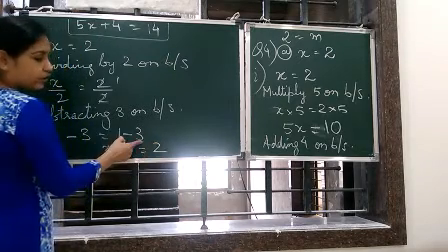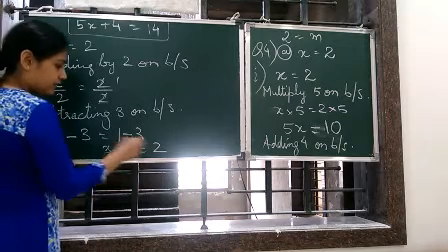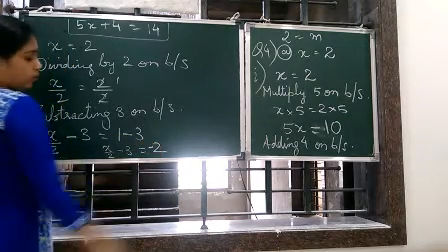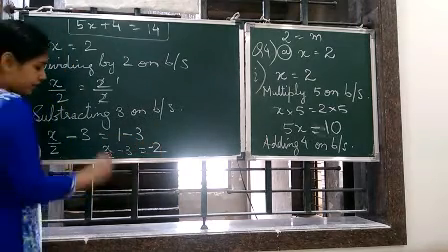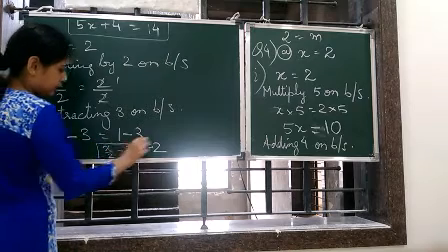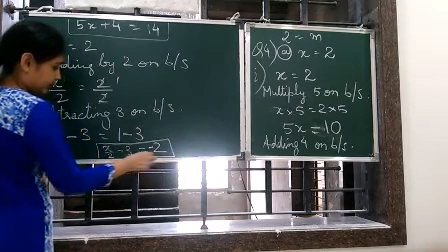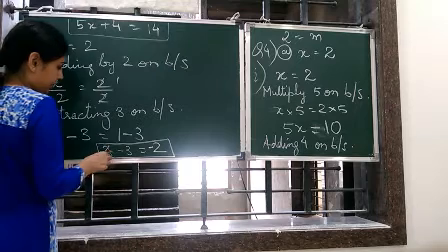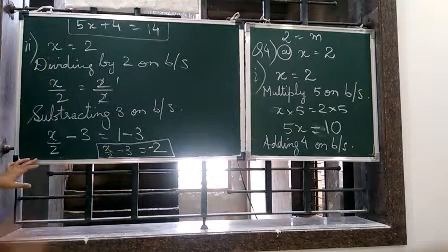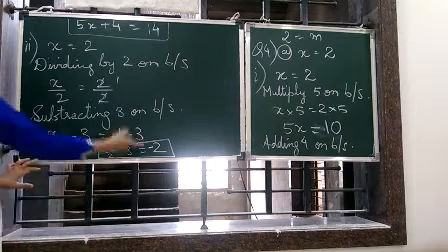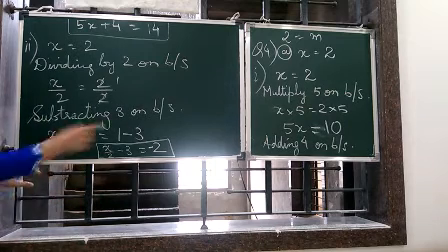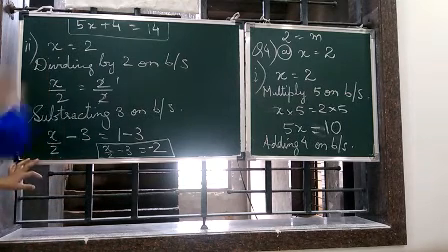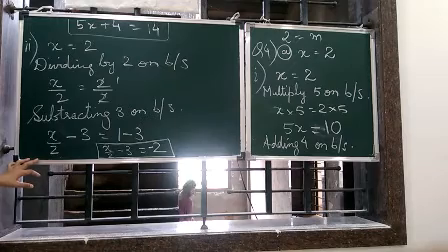Who is greater, 1 or 3? 3 is greater, it has negative sign. So the difference will also have a negative sign. So this is the equation. Now if you put the value of 2 here, LHS should be equal to RHS, or if you try to solve this equation, the value of x should come out to be 2.